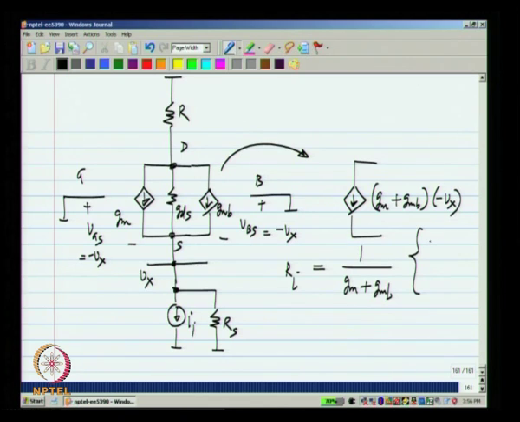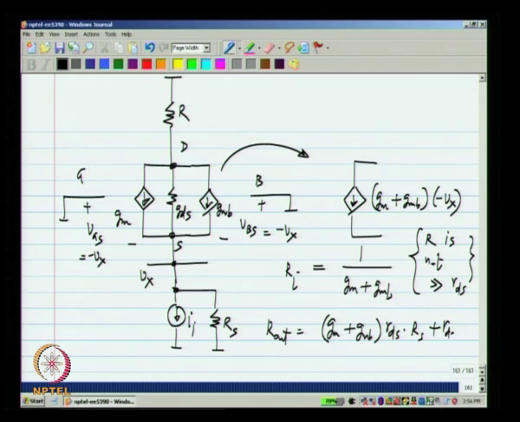This again assumes that R is not much more than RDS, okay. And R out, the expression for that will be Gm plus Gmb times RDS times Rs plus RDS plus Rs,